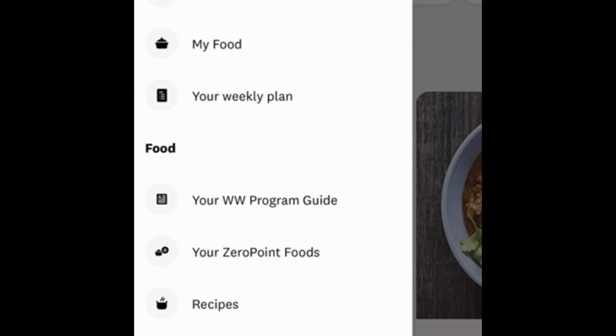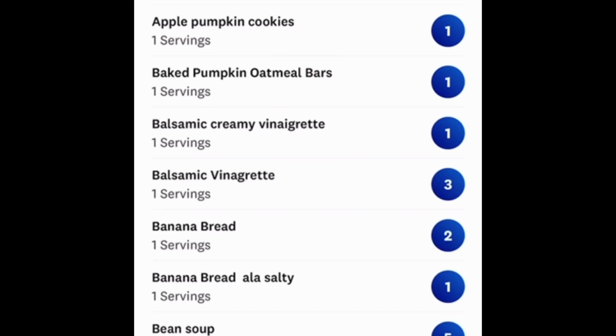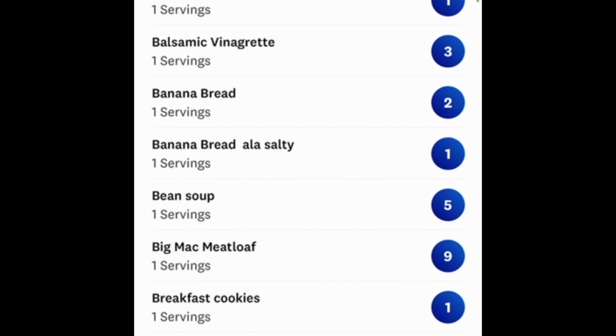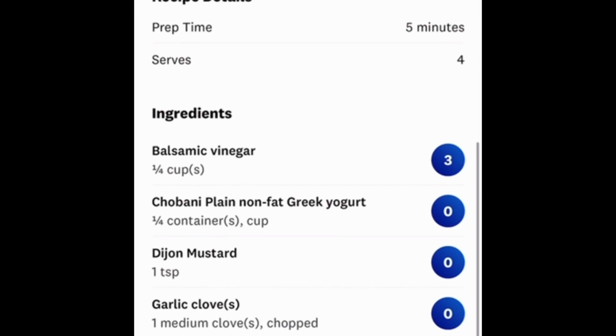So we're going to go back to recipes. So we saw the saved, and that's a really good, I'm telling you, it's a good feature if you find a recipe you really enjoy on the WW app, and they have so many great recipes on this app. So created by you is all the recipes that you create, and this is where they go. This is where they live. See, I made a vinaigrette dressing, and that's where it lives,